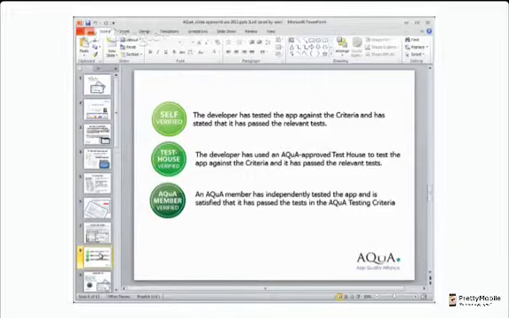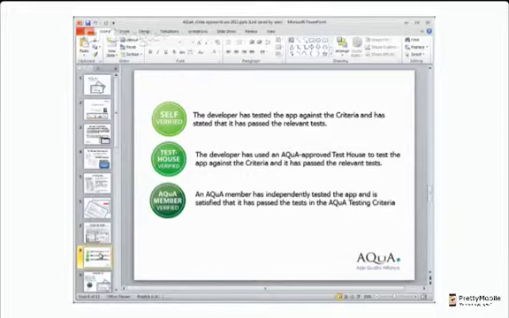And so you will need to pay the test house to actually do that testing. This is not money that goes into AQUA's hands, it's entirely free from AQUA, but you do need to pay the test house. That test will cost you somewhere around $200, perhaps $250, depending on the complexity of your application. But once you've done that, you get your application up to test house verified, which says it has been independently